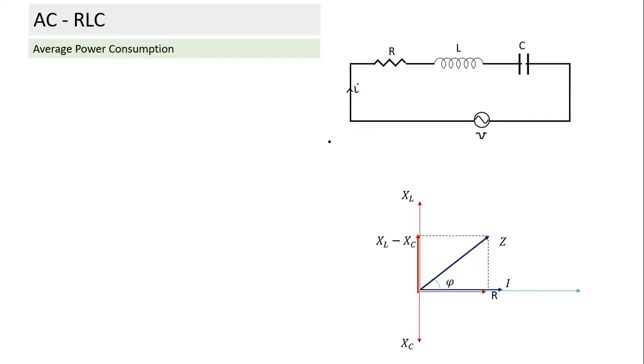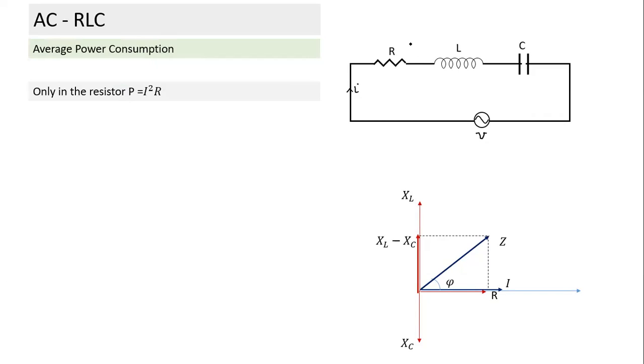Ashray, can you tell me what is average power consumption? Sir, I_RMS square R. Power consumption, that's the point. So what we see here, we are talking about average power consumption. Power consumption is only in the resistor. Here the average power consumption in both of them is 0, because cos phi will be 0. So the key point is that power is consumed only in the resistor.